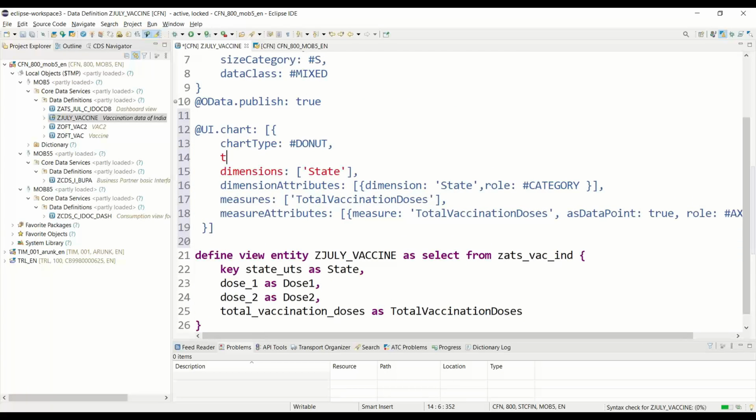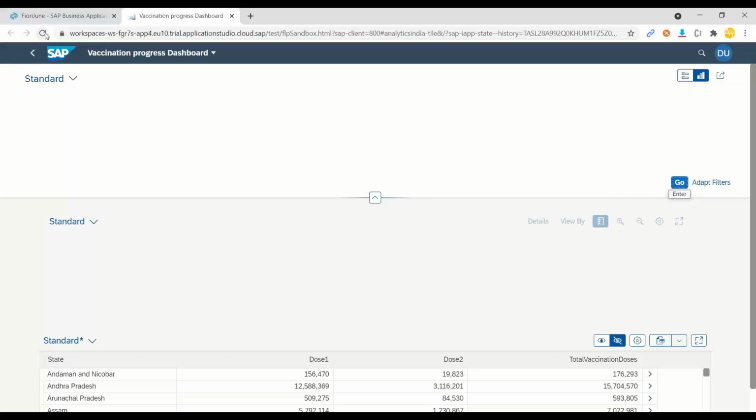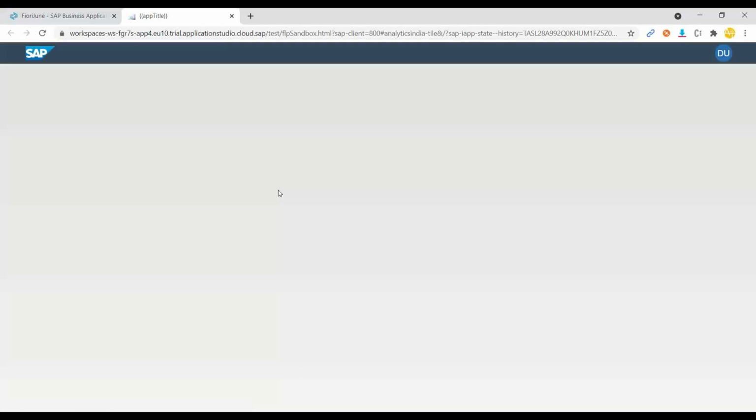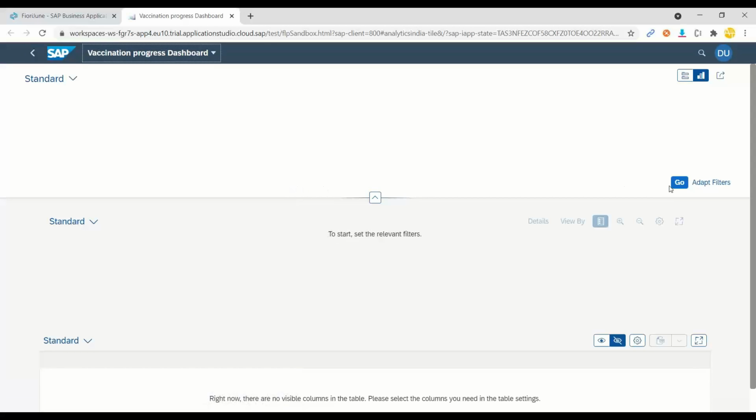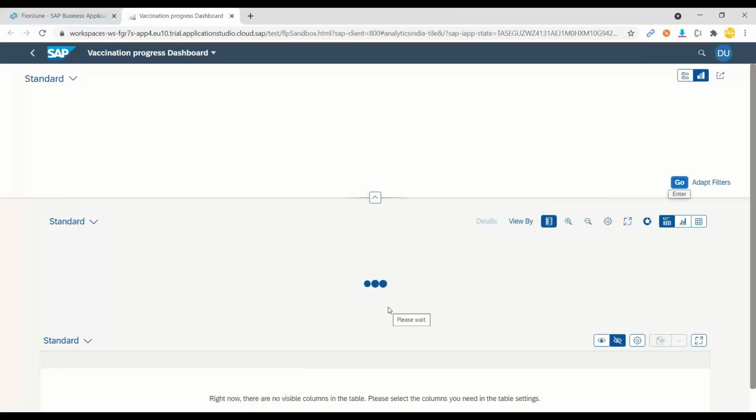I will just also provide a title just on a safer side. Let's say vaccines by state, and we're good. Let me save this change, reactivate my view. You don't have to do anything, switch over back and just refresh. Last time you observed there was no chart here, and now watch out, just refresh my Fiori application, and you will see in a few seconds a donut chart should appear with state-wise total vaccinations which is being carried out. I click go button,